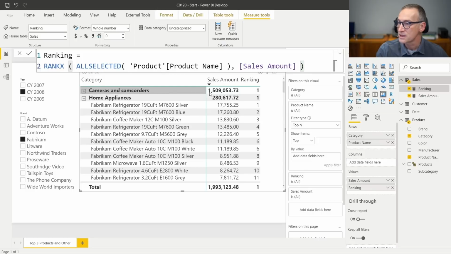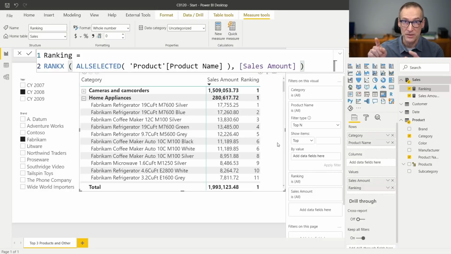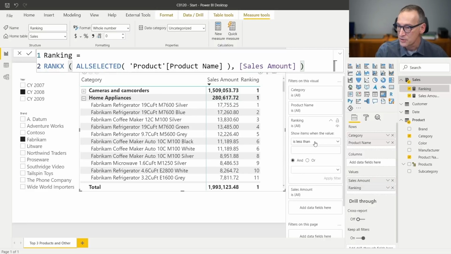But if I reduce cameras and camcorders, it shows again 1, 2, 3, 4, 5 for home appliances. So if I limit this measure to show only the values which are less or equal than 3, then I will be happy. I can go on ranking and show that I want to see all the values which are less or equal than 3.